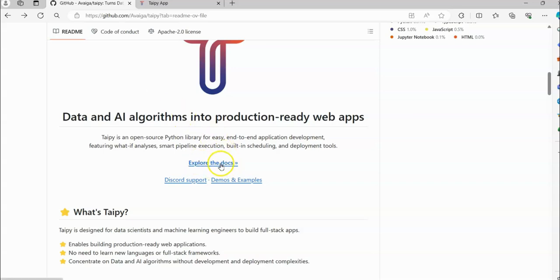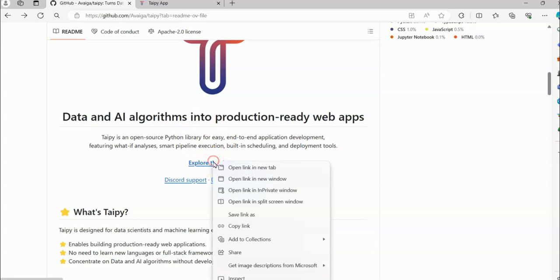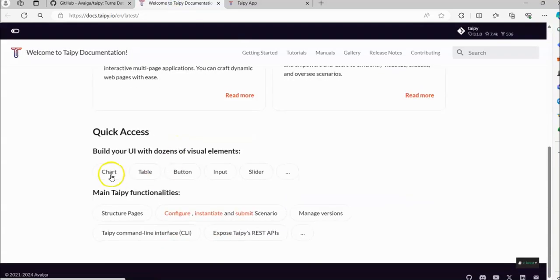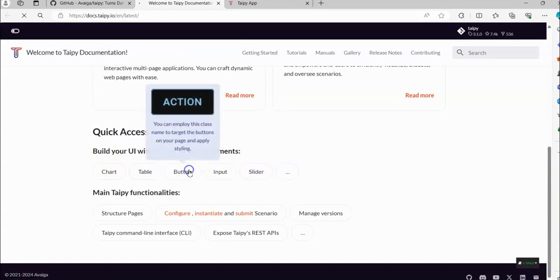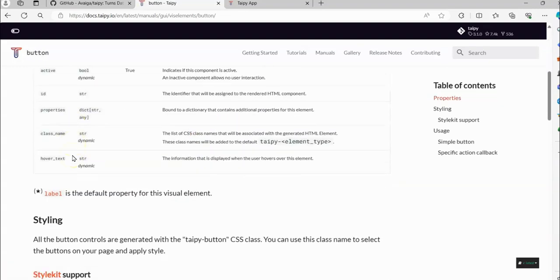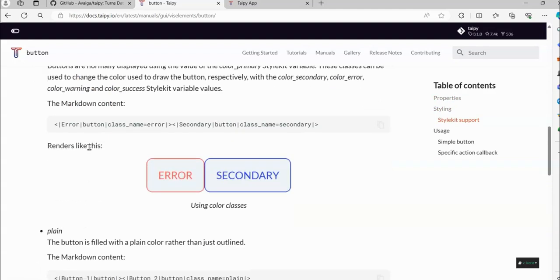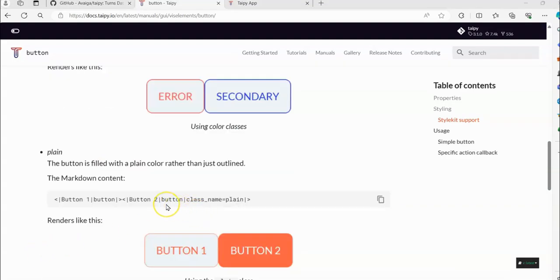So here, if you scroll down, you can see the explore the doc section. Now when I click the explore the doc section, you'll be able to see charts, table, buttons, input, sliders, and everything which you can create. So let's click on button. Basically inside Taipy, these are all controls. So in order to implement this particular button in our website, that is, the Taipy GUI app that we have created,